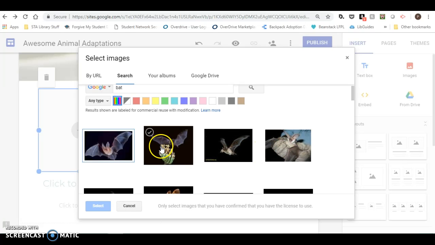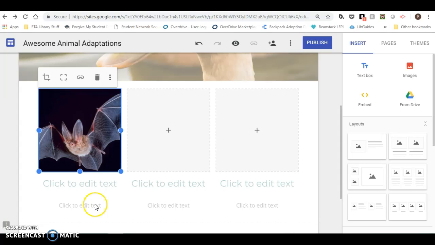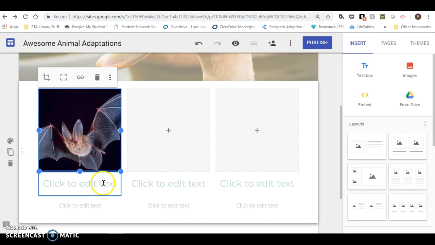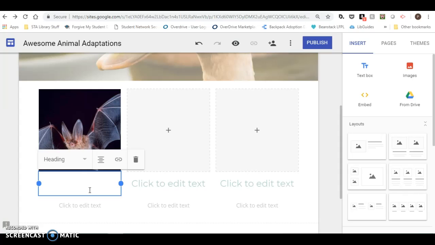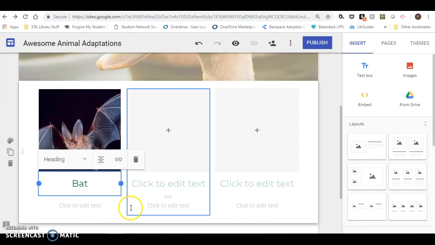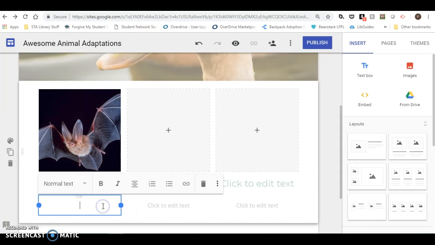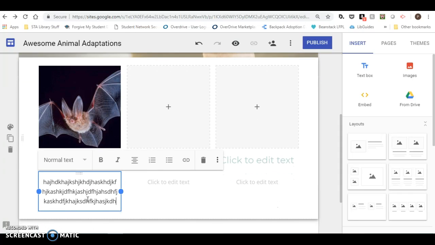I'll just select this one right here, and I now have that picture in there. And I'm going to put the name of the animal right there, a bat. And then down here, I'm going to write some text about how bats adapt their wings, or whatever animal that you selected. So I'm going to write some text there,